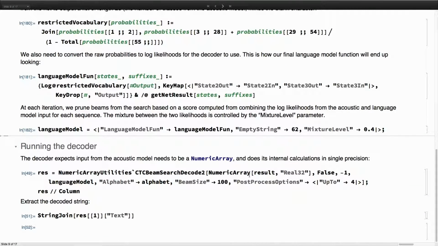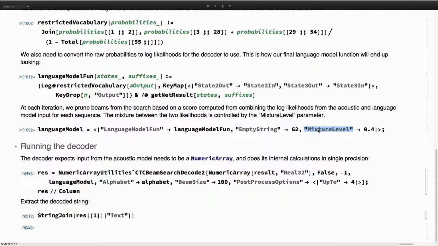And here I am exposing very much internal code that is, of course, liable to be renamed, deleted, modified, et cetera, et cetera. At each step, what happens is the CTC beam search has the probability from the acoustic model, and it computes what is the probability of that sequence according to the language model. And these two probabilities are mixed together using a mixing function that is controlled by this mixture level parameter.